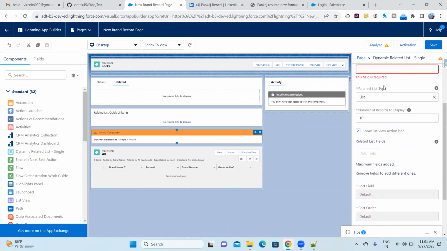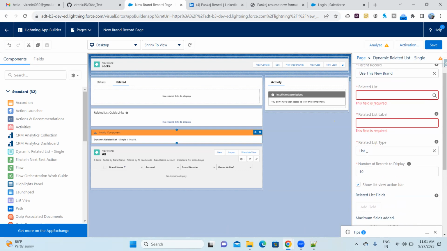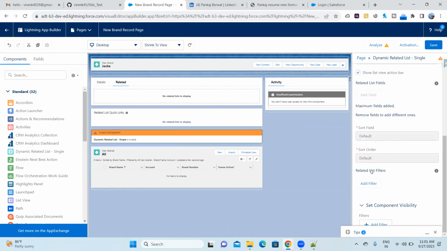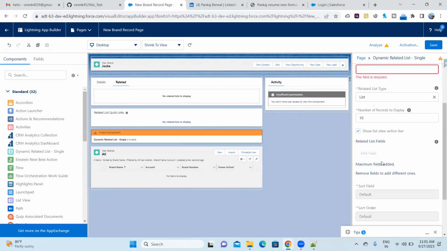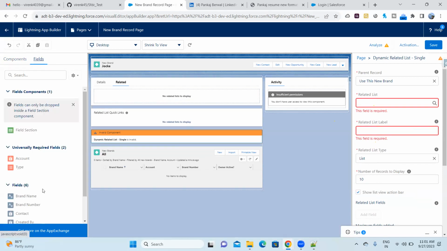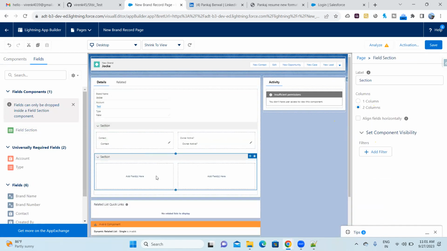How can you add fields from here? You just have to click on the add field button. Whenever we will be working on related list, right mode, because we'll be creating more objects, at that time we will be using this. But for now, just understand that we have extra features. And similarly, dynamic form is something which is here. You can add fields, add sections, which we saw. You can add multiple sections, no doubt. You drag and drop it here, and you can add more.